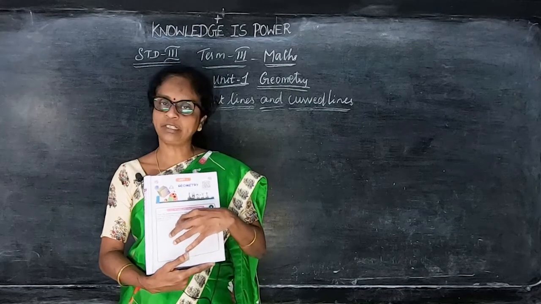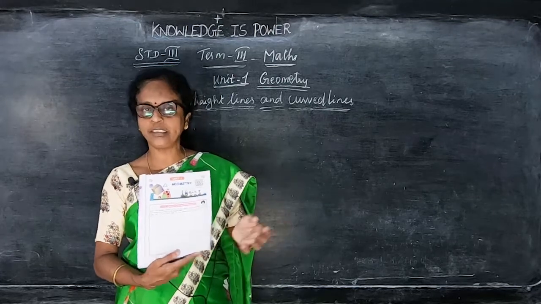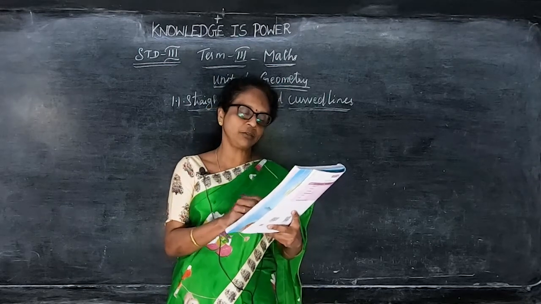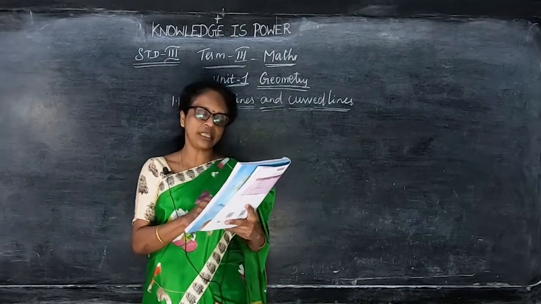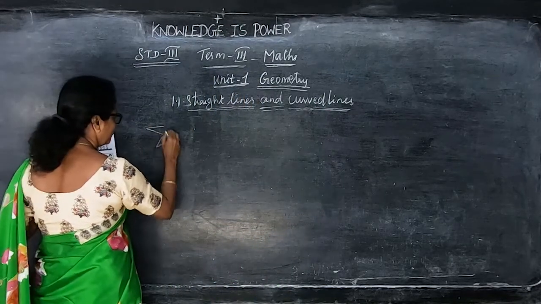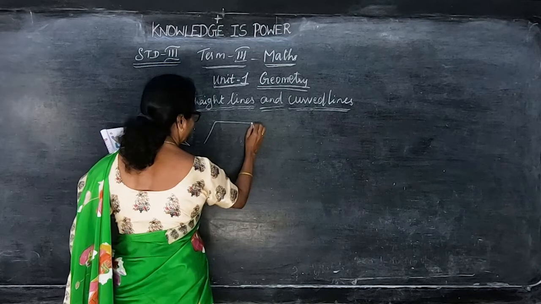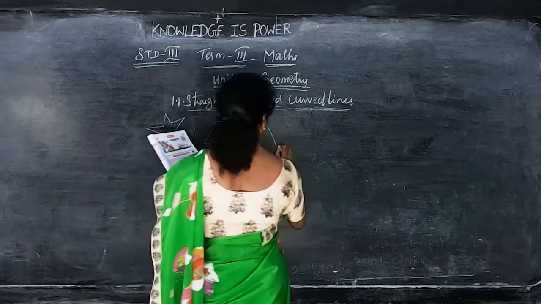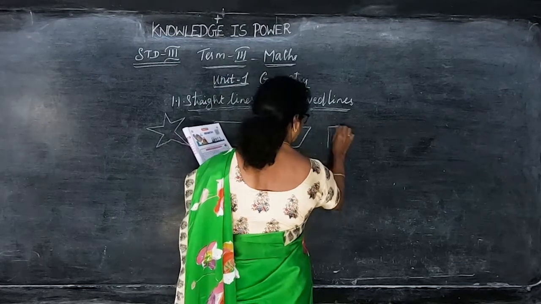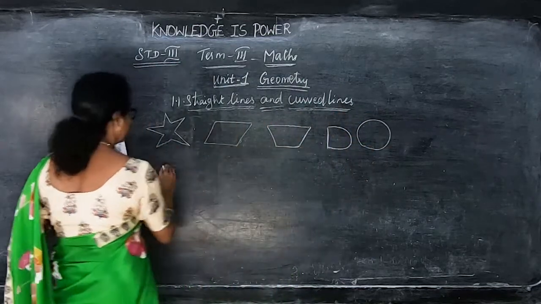In this you have to write which one is the curved shape and which one is both the curved and the straight line shape. So for curved shape you have to write C, and for the straight line you have to write S, and if it is both curved line and straight line, say CS podunga. So I will draw some of the pictures. So here some of the pictures they are given. So they're given in the dotted lines.